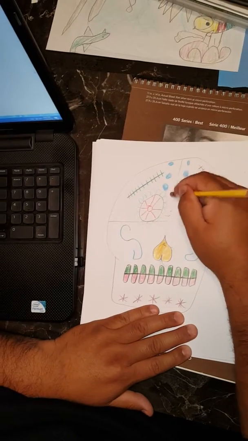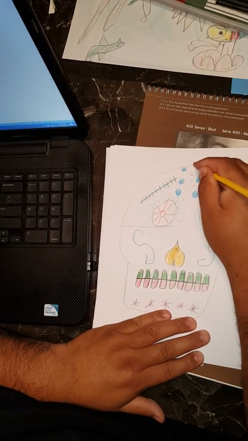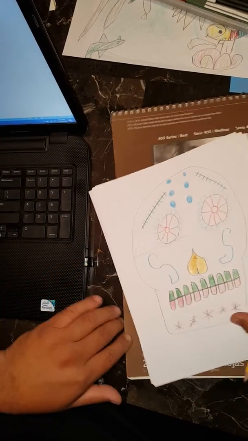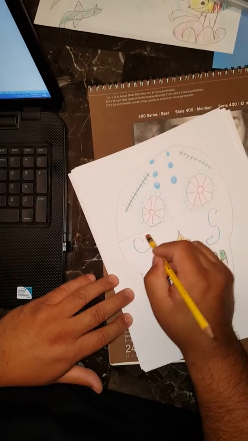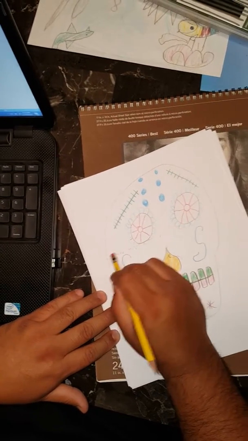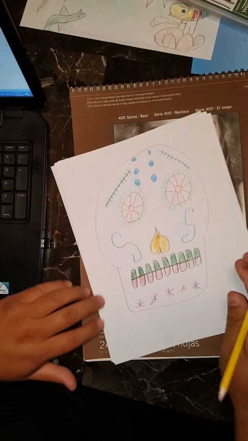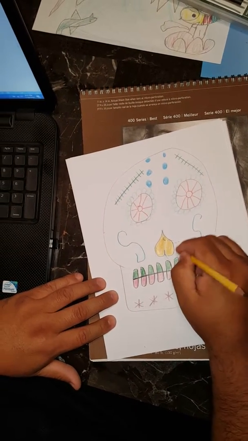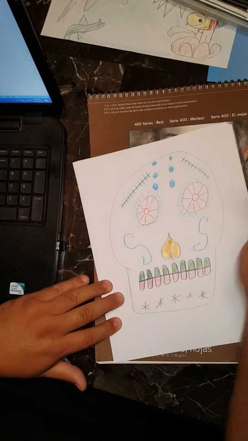They have served their purpose and given us a point of reference so that we could space out our eyes and our nose and our teeth and some of our designs